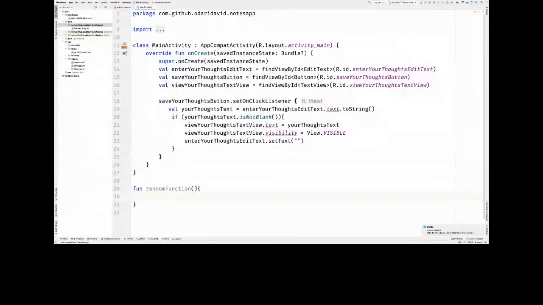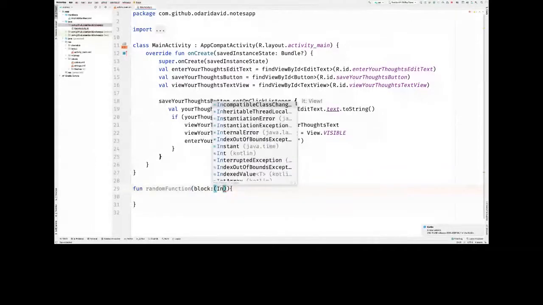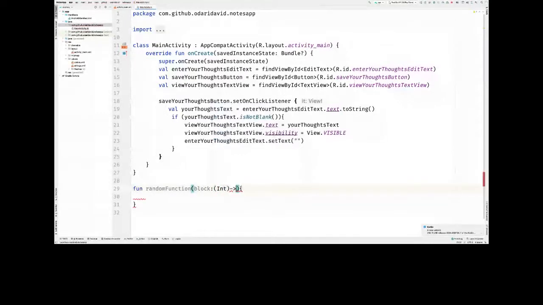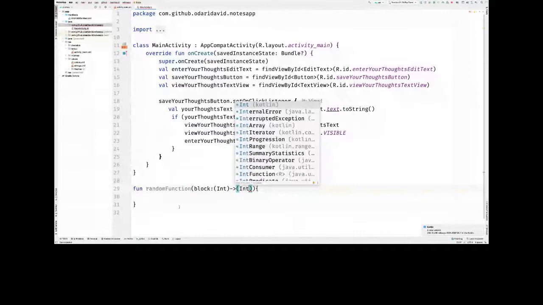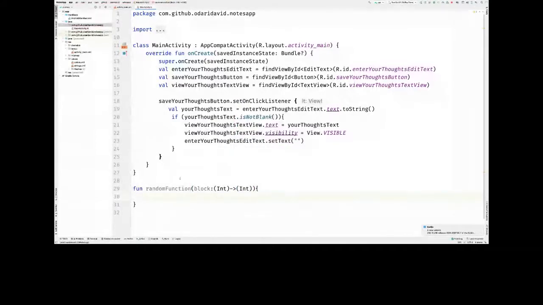But if I decide to make it a high order function, let's say it takes a block of code, and our function will be taking a number and doing something with the number. So if you actually come here and call it a random function,